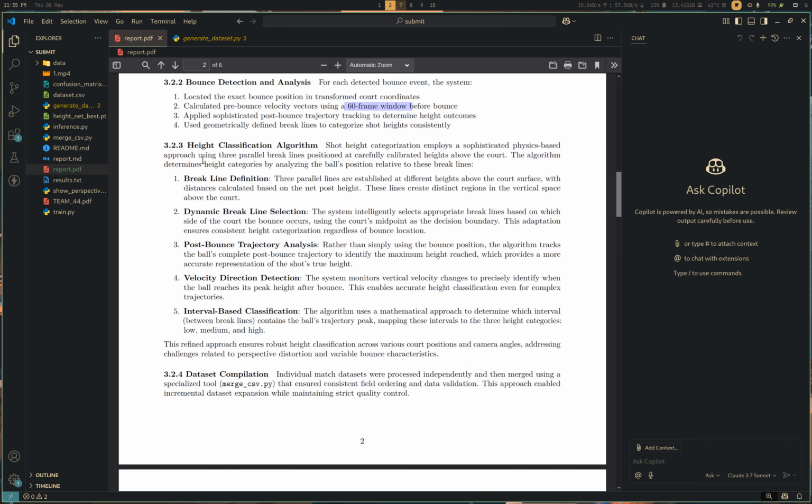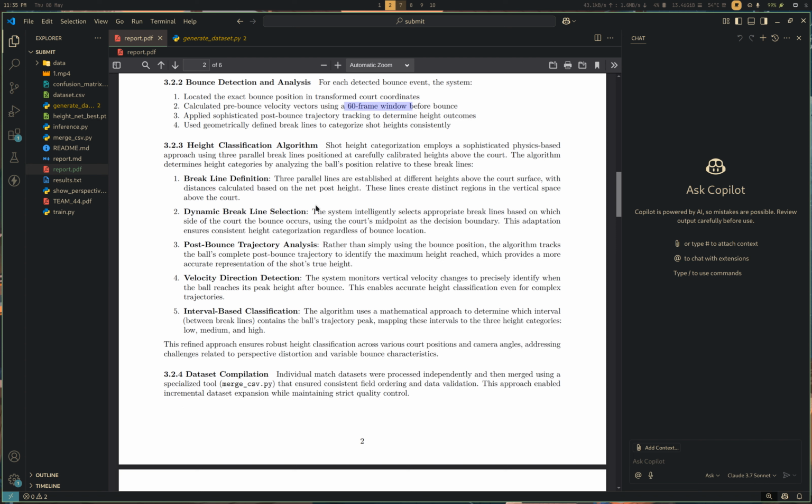The height classification is done using break lines and a geometrical concept. At the table edges, we divide the section above the table into three sections: low, medium and high. This division of sections is done based on the net post height.